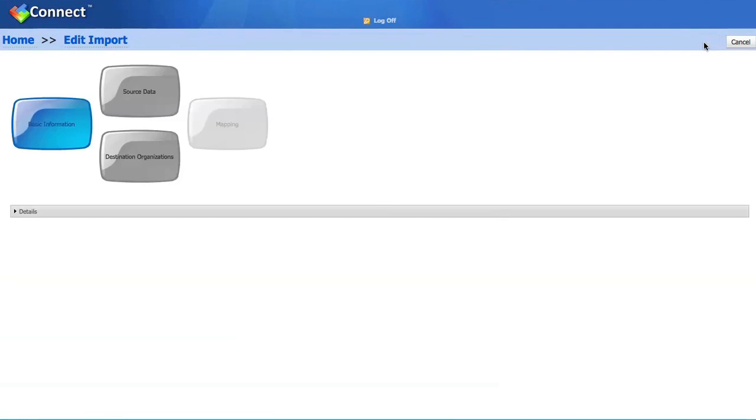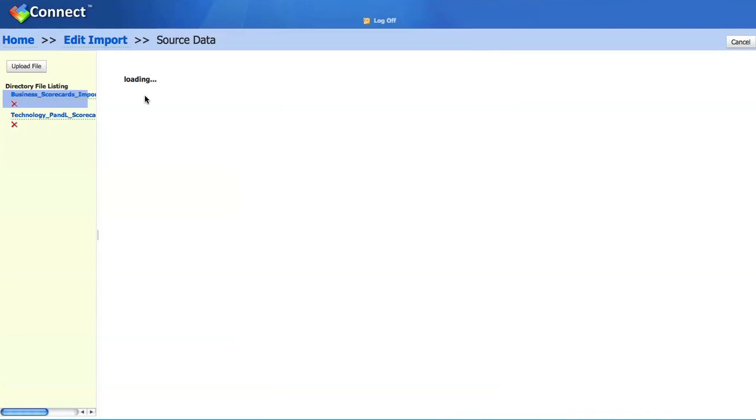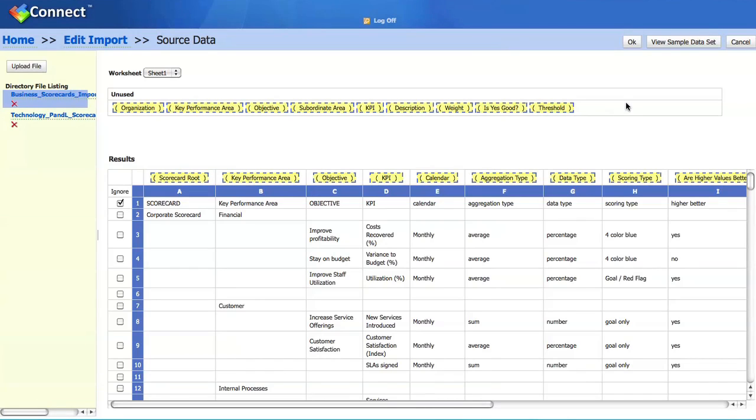I click OK. Then I go to my source data. As you can see, the application has automatically mapped each one of the pieces of information that Scoreboard needs to know in order to create the scorecards, because we had a header row with the right information. So now we click OK,